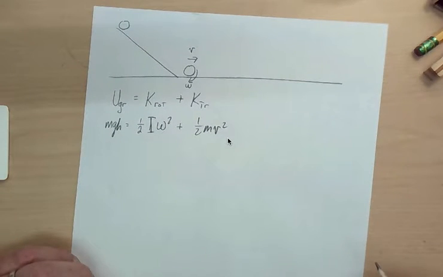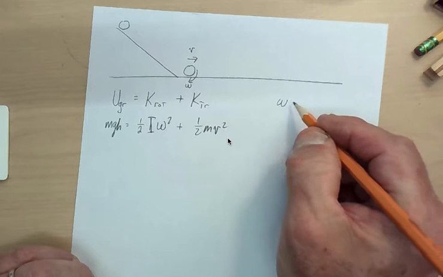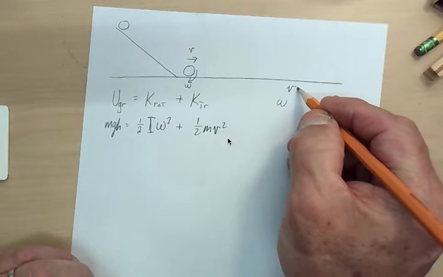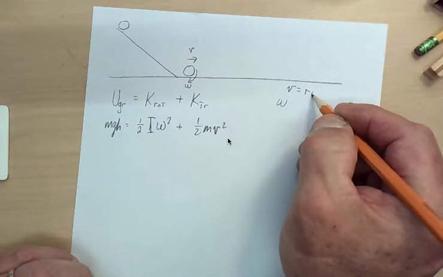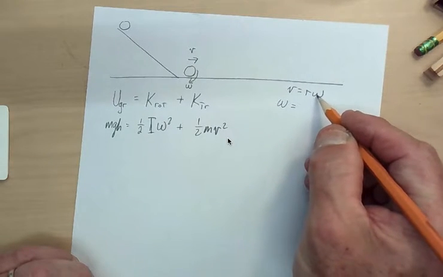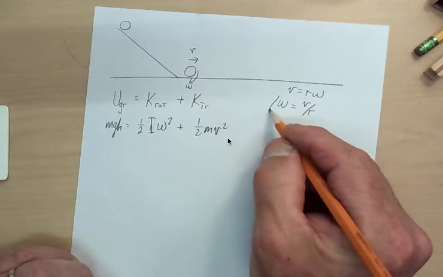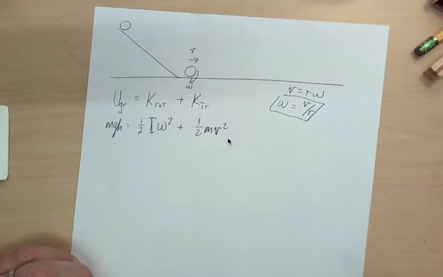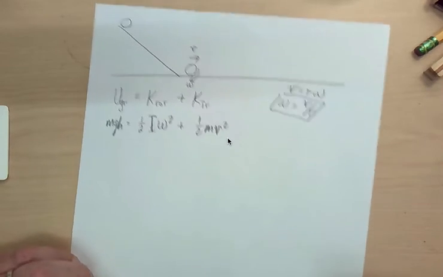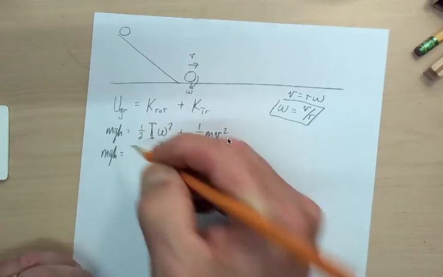What we should do right off the bat is let's substitute omega out of there, right? So we know that tangential velocity is radius times angular velocity. So angular velocity is translational velocity over radius. So where I see omega, I'm going to put v over r. Okay, so mgh is equal to 1 half